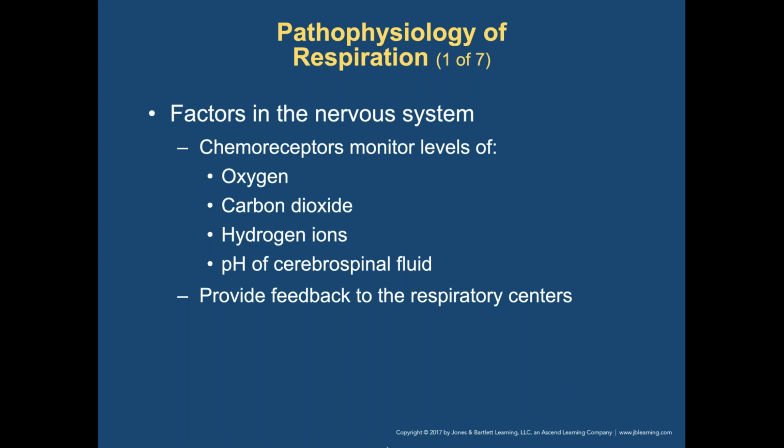Okay, 648. Keep going. Pathophysiology of respiration. So factors in the nervous system: chemoreceptors monitor levels of oxygen, carbon dioxide, hydrogen ions, and the pH of cerebrospinal fluid and provide feedback to the respiratory centers. Again,